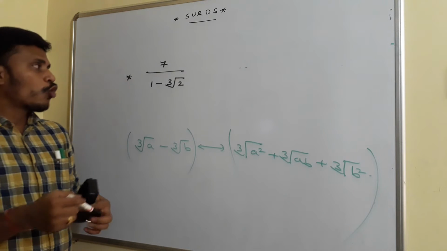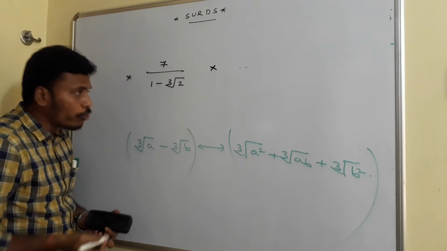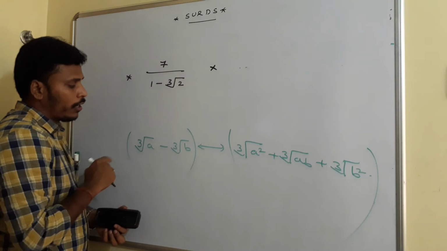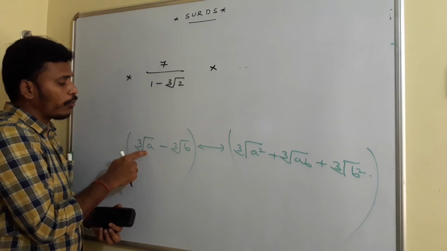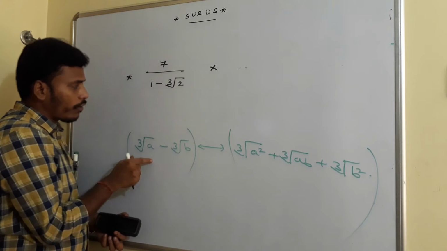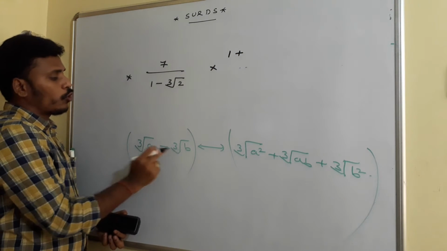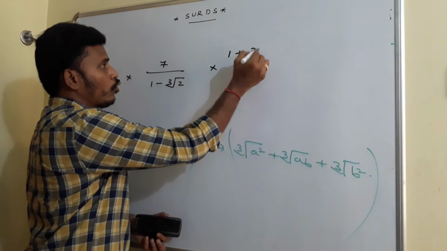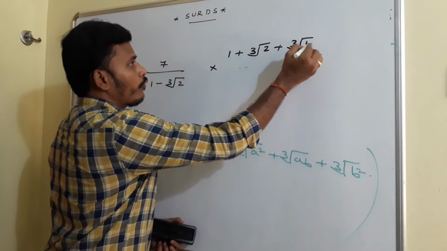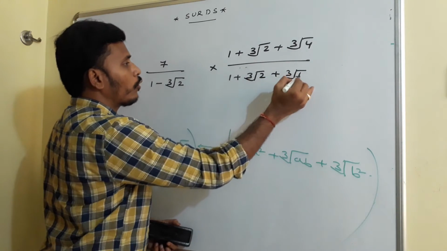With that idea, to make the denominator rational, I need to multiply. This is the given problem actually. Now I need to multiply both numerator and denominator with its rationalizing factor. It may be in this format. Compare this one with cube root a and this cube root 2 with cube root b. Cube root a square means square of this one. So 1, plus the product of these two, cube root a into cube root b, that again is cube root 2, plus square of this, it becomes cube root 4. Divided by 1 plus cube root 2 plus cube root 4. Right?